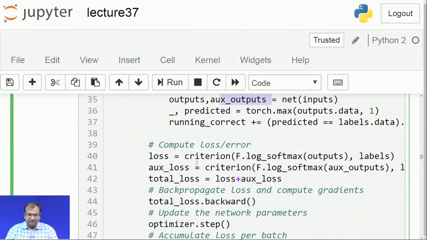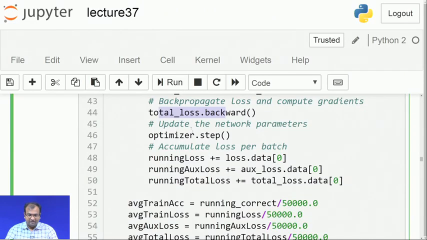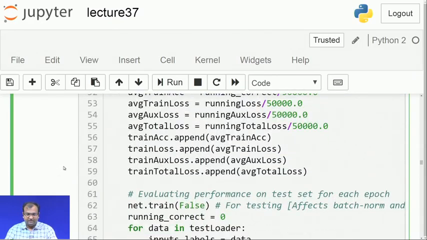The next part is you need to find out what your loss is, and based on that you will start your backpropagation. Once your backpropagation is done, we have our optimizer coming into play, and this is Adam for us. Finally, you take your losses and keep accumulating them so that you can plot and see how much change comes down.